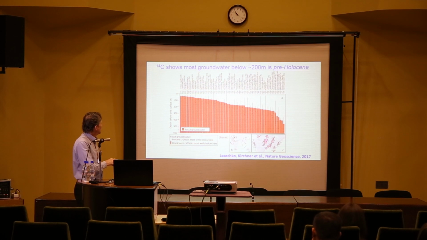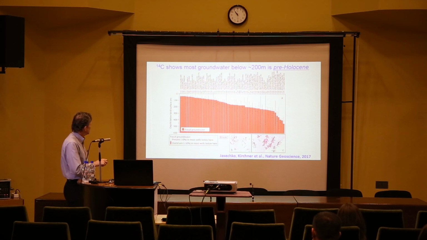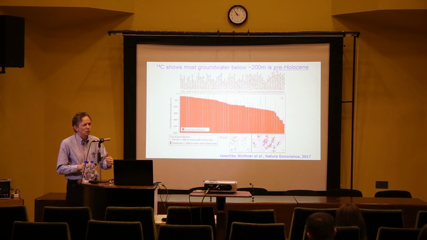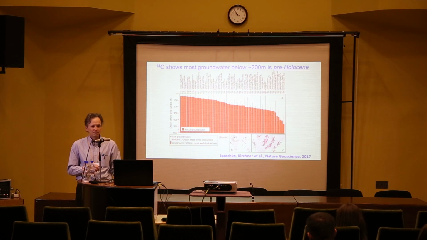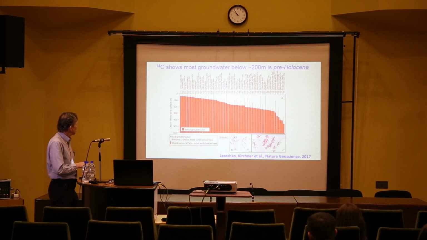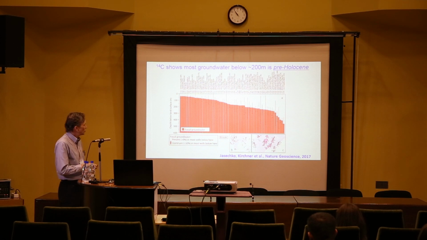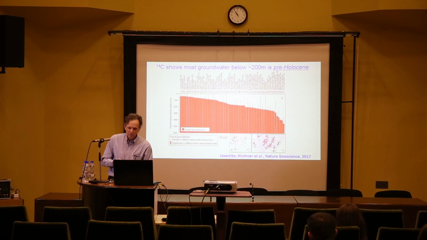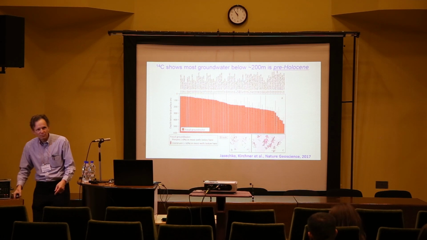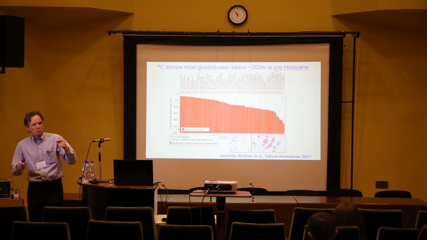And again, if you take the world database of carbon-14 in groundwater, and you group it according to different aquifers, you will see the carbon-14, and you plot the depth. This is the depth in the aquifer that you need to go until half of your water is pre-Holocene. And you can see that depth is typically 100 or 200 meters. So if we go more than about 100 or 200 meters below the surface, most of that water is more than about